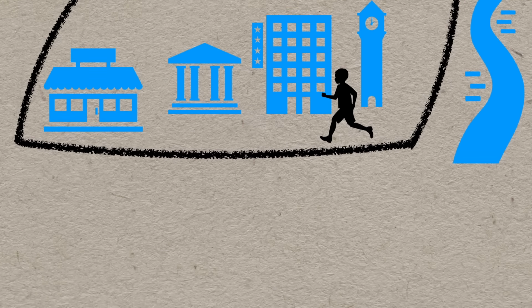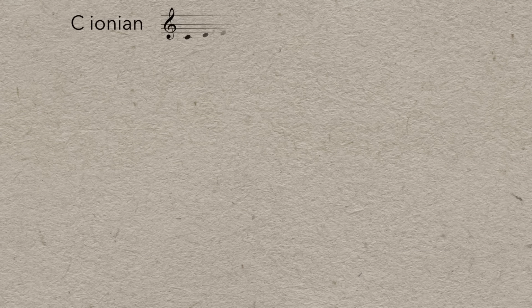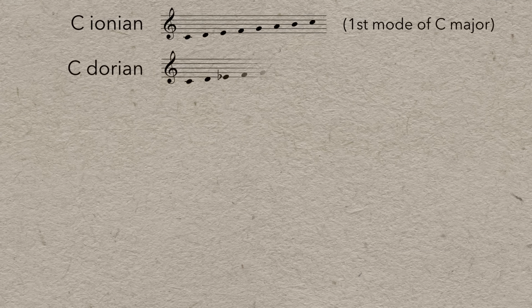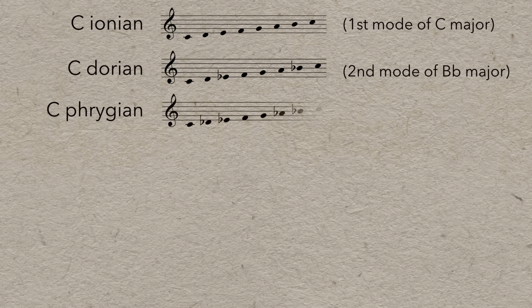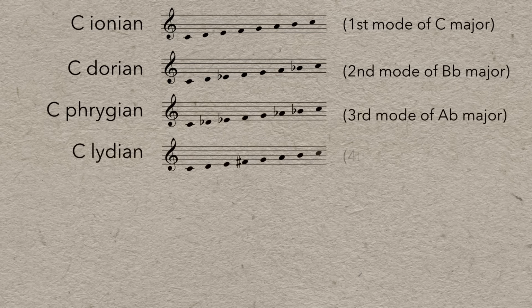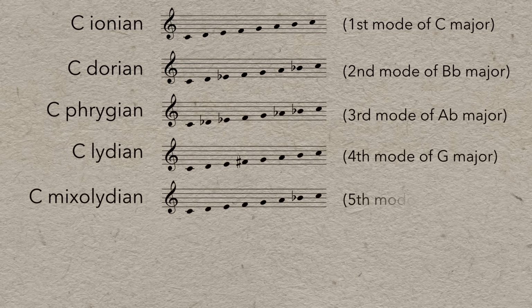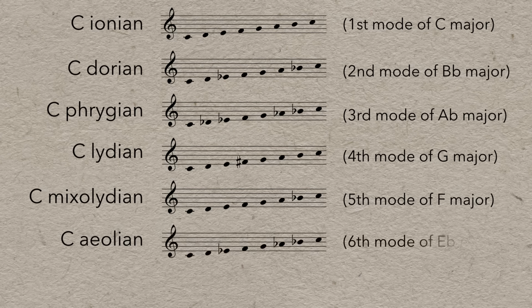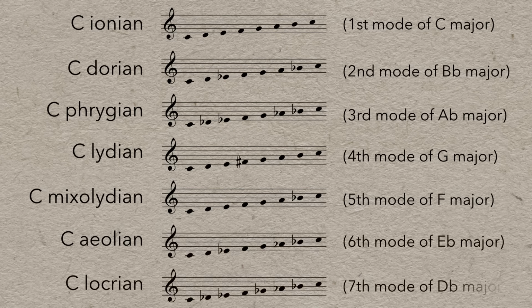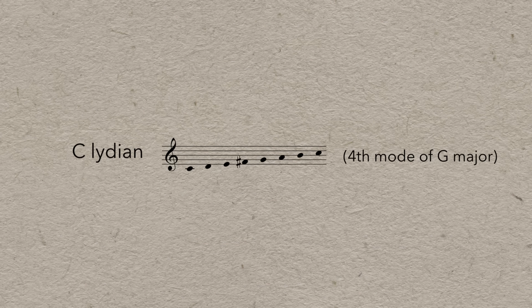When you do this with a scale, you'll find that modes are an important compositional tool because every mode has its own unique harmonic and melodic character, which can be used to create interesting and expressive melodies. A good exercise to get a sense of each mode's character is to take a familiar melody and transpose it to a variety of modes, and see what each one sounds like. For example,